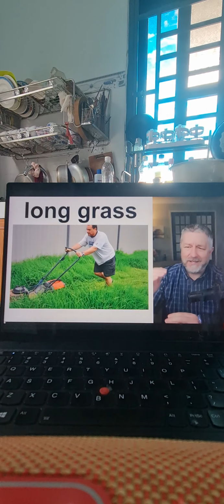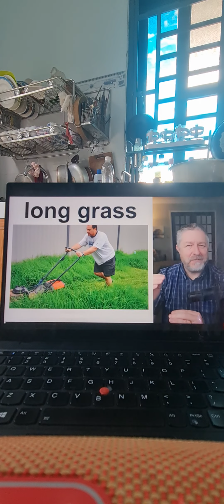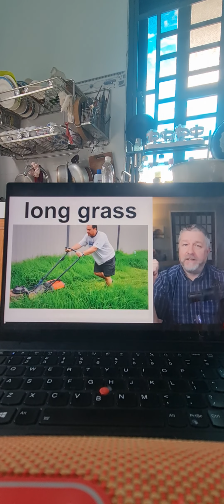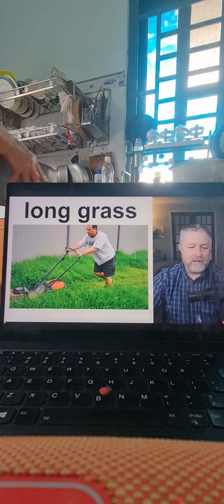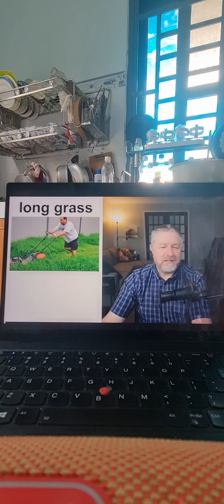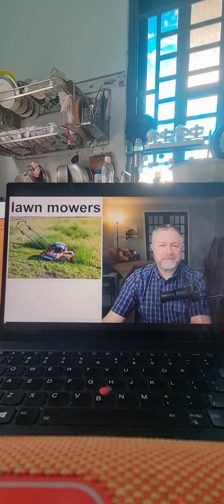We sometimes say tall grass. You might think that would be more common, but often we will say things like, oh, your grass is getting long. There's a lot of long grass in the backyard, it needs to be mowed. So one of the things you will see out in the wild at this time of year is long grass. And then, of course,